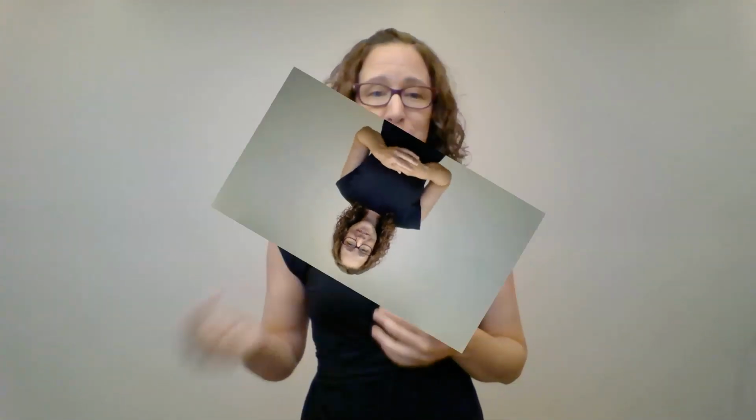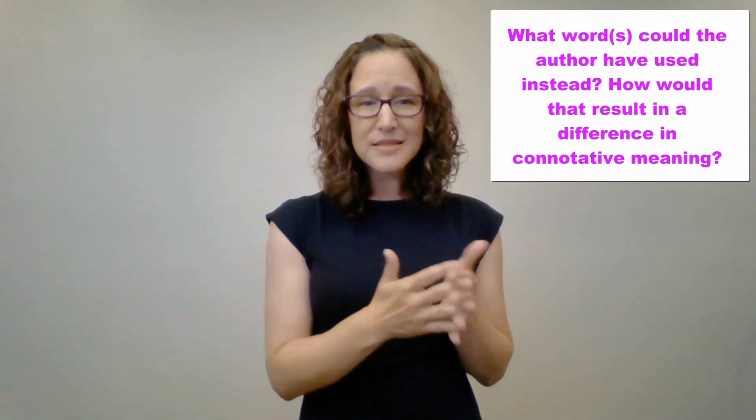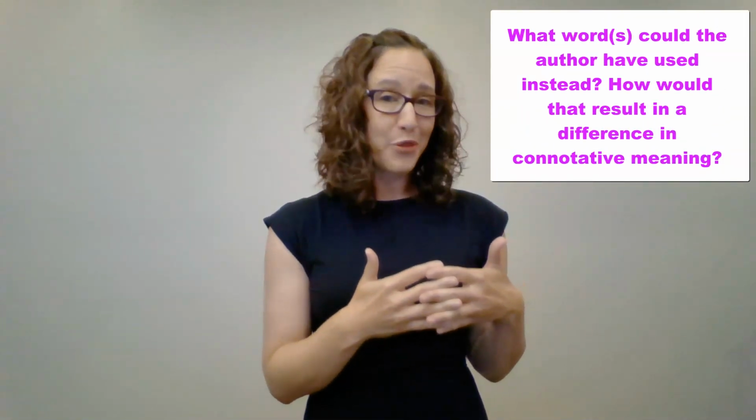In the classroom, challenge your writers to go back into their writer's notebooks and to select several words that might have different meanings based on connotations. Have them play around with swapping out words that would change the connotative meanings and then try sharing with a thought partner. You can also ask students to go back into their choice reading book or a novel study book and consider a word in context and then make a list of words the author could have used instead of that word and then analyze how that would have changed the meaning of the text.